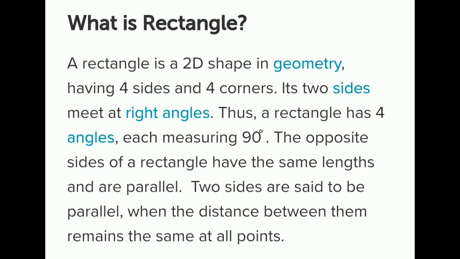The opposite sides of a rectangle have the same length and are parallel. Two sides are said to be parallel when the distance between them remains the same at all points. Image of a rectangle is